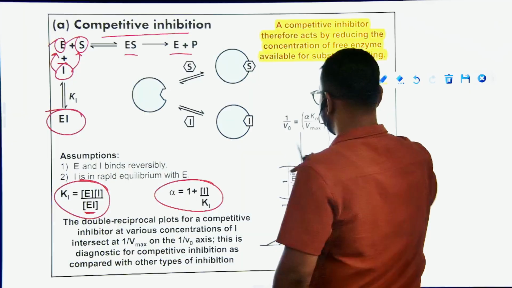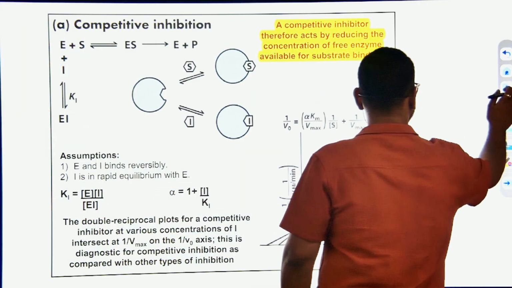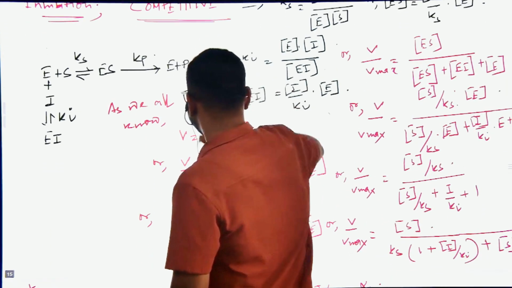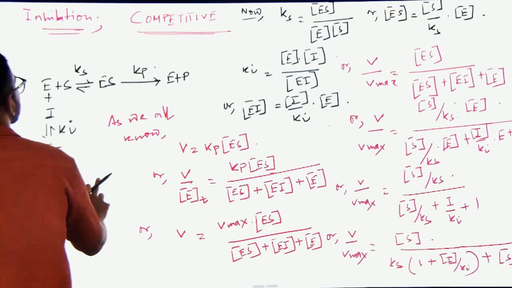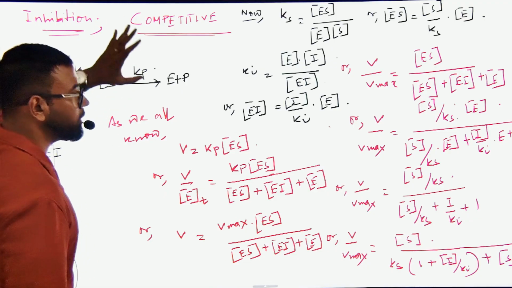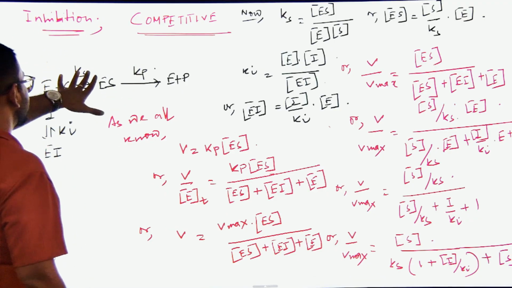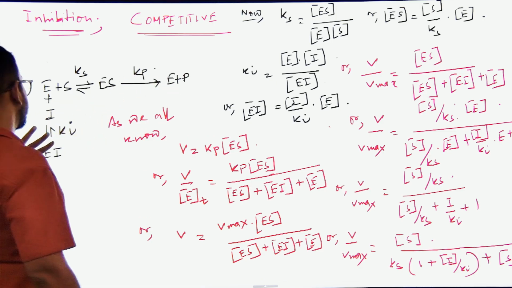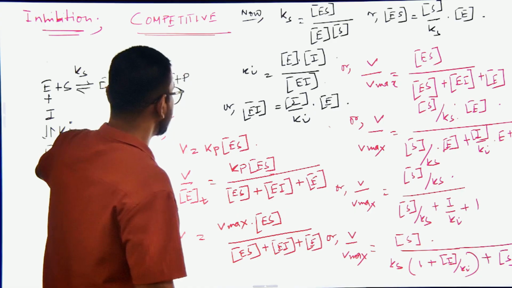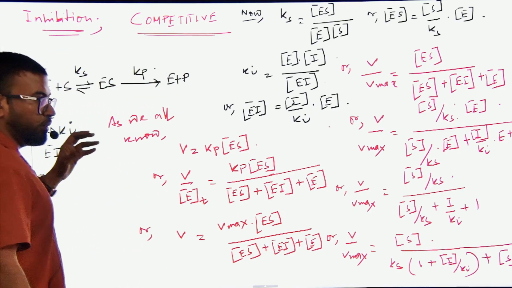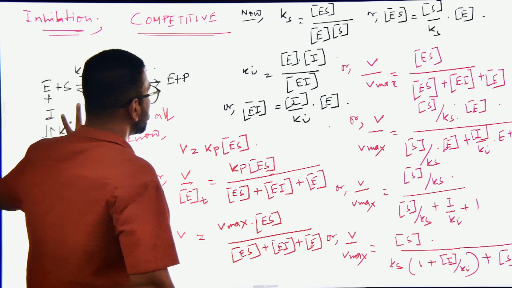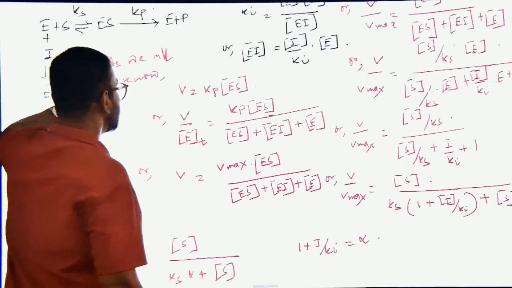So let's first analyze. For competitive inhibition, I have derived it, but no need to go into the derivation. E plus S, we have ES, from that E plus P. And as inhibitor, we have EI. It is undergoing competition. If someone is interested, let me know. I will provide you with the PDF format of this derivation. For now, let's assume,